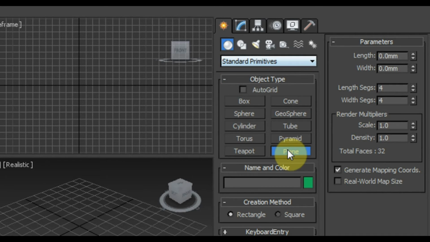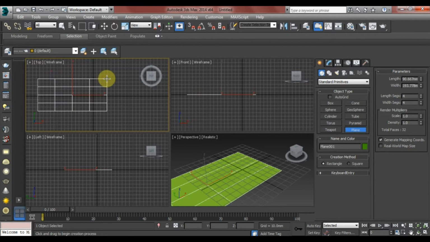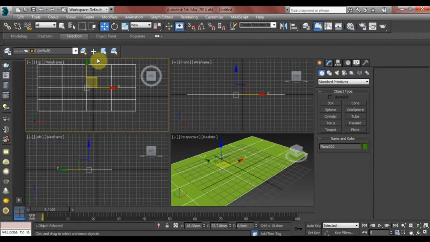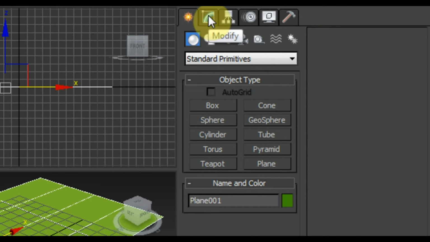So from there we'll click on plane, and in our top viewport we'll just left click and hold the button down and drag and then let go. And then I've just selected the move tool there. Now I'm going to go back over to this panel over here, and I'm going to select this other tab